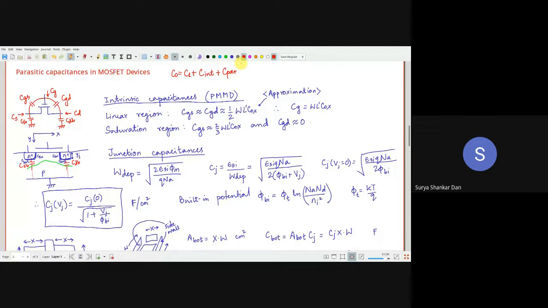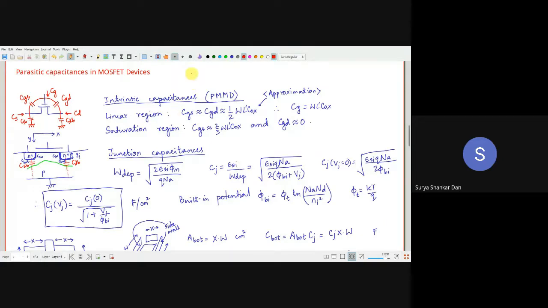So how do we determine CL, the load capacitance of any circuit? It is based upon the sum of the internal and parasitic capacitance as a whole. CL should be at least one order larger than these two, so that it becomes easier for us to ensure that the output is governed only by CL, because CL is much larger than these two. So it gives us better control over our circuits. Anyway, we will look into it later.